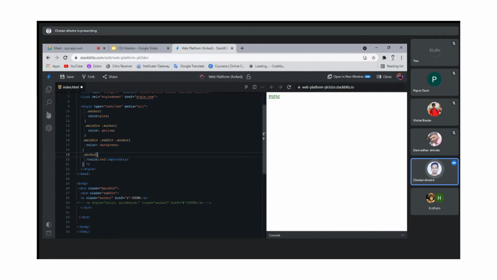Why is it dark green? Why is it not yellow? Why is it not pink? Can anyone answer this question?